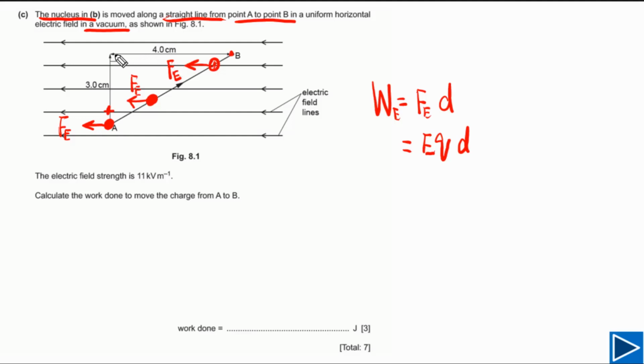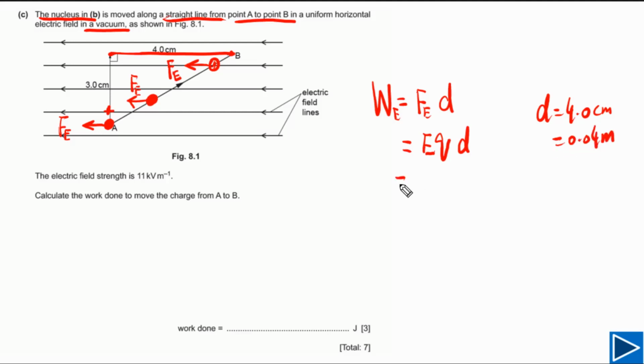Which distance do we have to consider? Because the force is always acting along the horizontal, we need to take the horizontal distance, meaning we need to take this distance. So D in this case is equal to 4.0 centimeters,